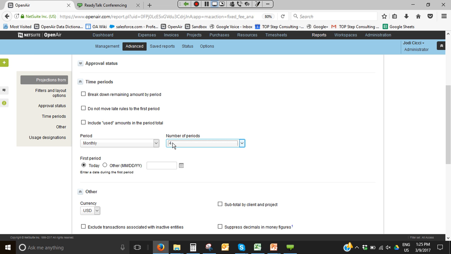So what it'll do is it will give you information that anything that has not triggered yet, it will assume that you are just waiting to bill it or recognize it. You can certainly avoid that, but the whole reason I'm suggesting running this report is you want to sort of catch those overlooked fixed fee rules that are now, the dates are in the past. And